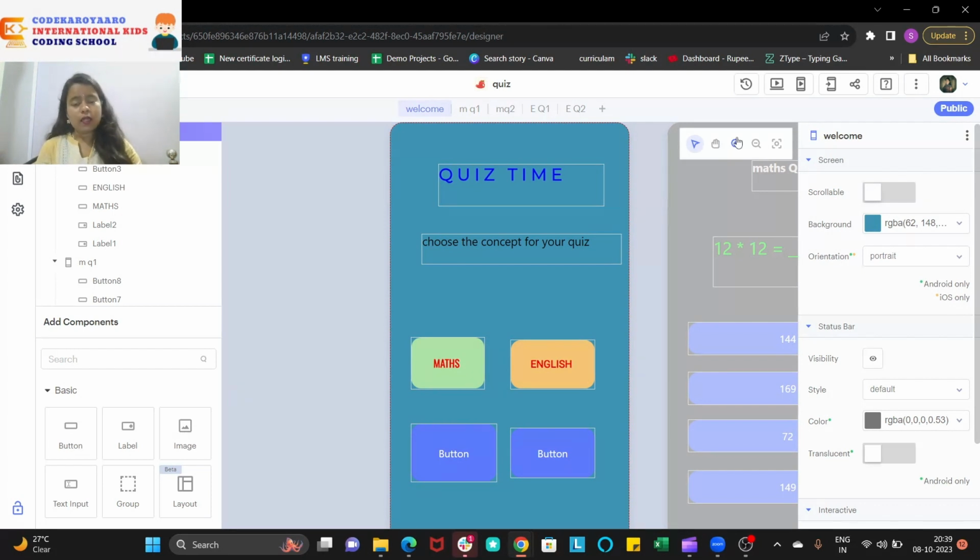Why? Because you may have given all the options and answers properly, but if the question is wrong, you know what will happen, right? So it is very important to check thoroughly. Each and every corner of your application should be tested. That is testing. I hope everybody understood the meaning of testing.